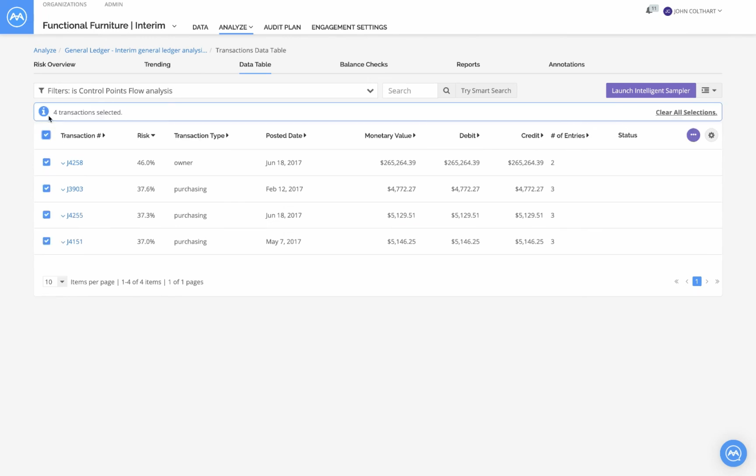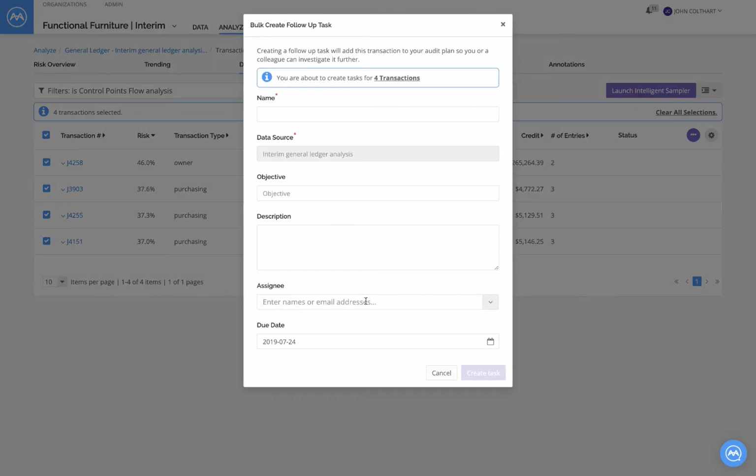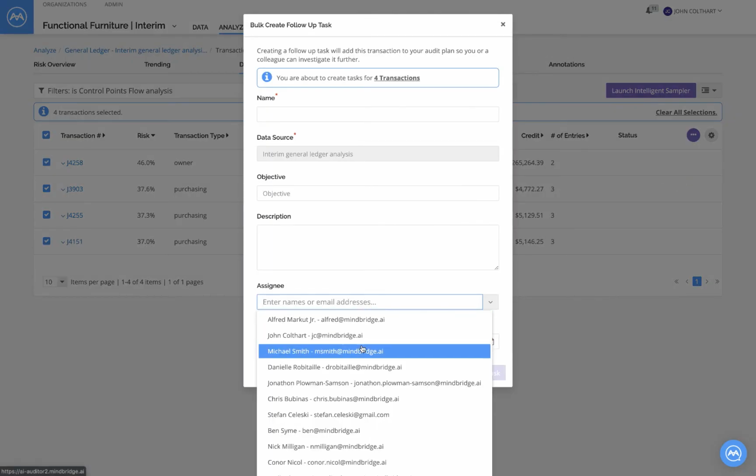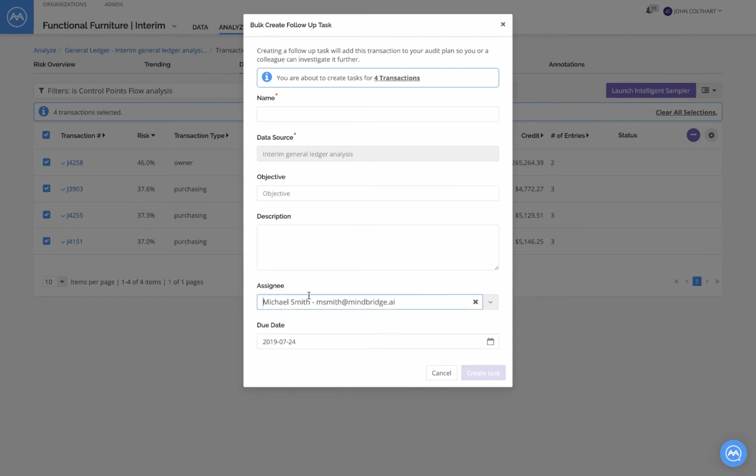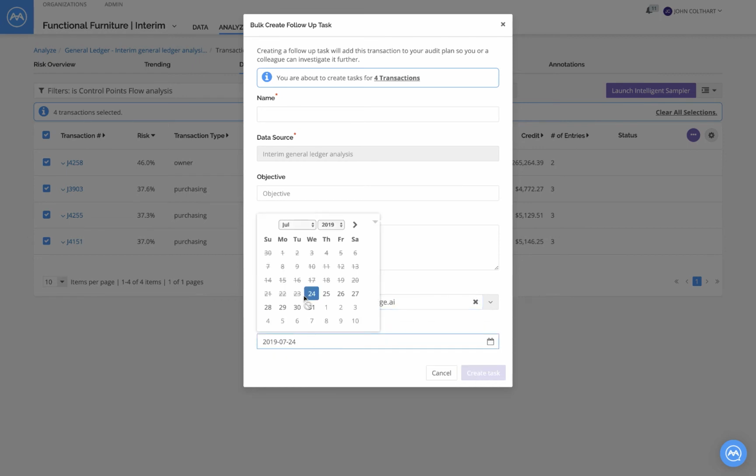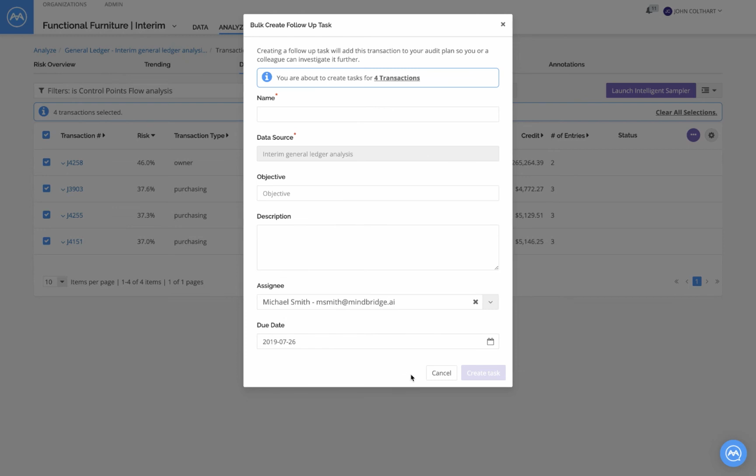So now these are the highest degree outliers, or unusual amounts, in this business that I'm transacting. So what I'm going to do is select them all really quickly, and add them into my audit plan. So I'm going to create some tasks. This time, I'm going to introduce a new person. I'm going to add Michael to my mix. Maybe he's got some specialty in the types of things I'm looking at. Again, give him a couple of days to go look at it. I'm going to suggest that this is my high degree unusual amounts. And then I'm just going to say, please verify